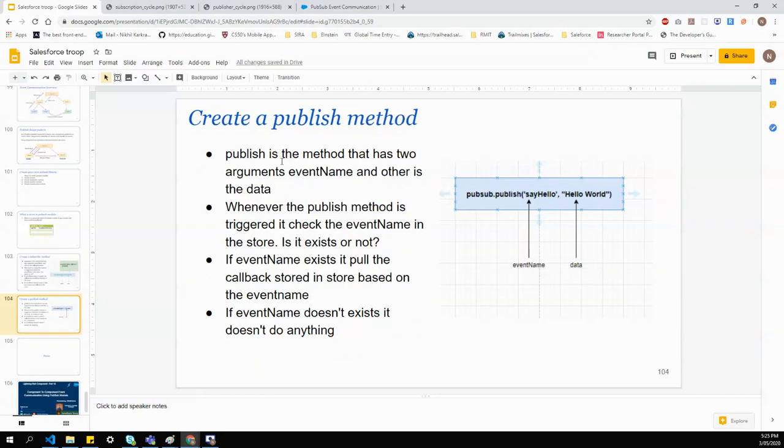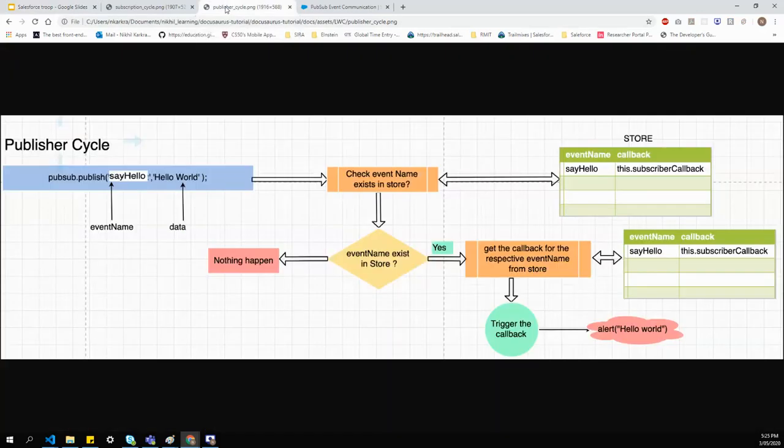The publish method is a method that has two arguments: the event name and the data. So let's see how the publish cycle works. In publish also you will pass the event name and the data that you want to pass from one component to another component. As soon as publish gets called, it will go to the store and check whether the event name that I'm publishing is already there in the store or not.